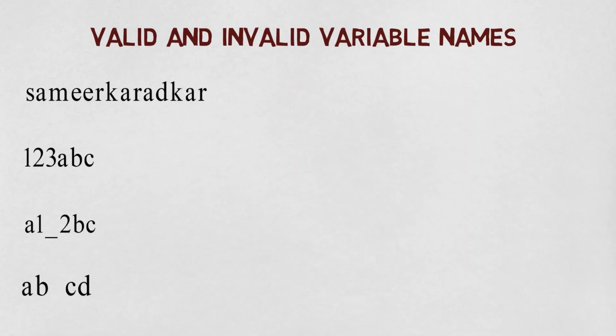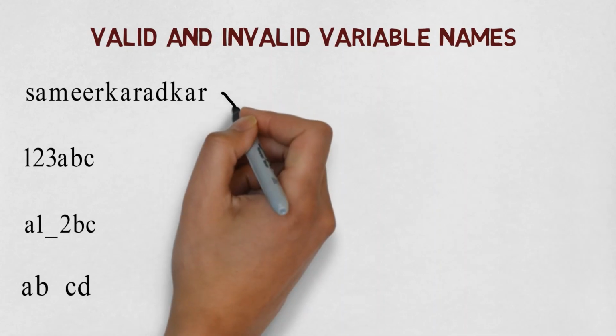For that, you will have to recall the rules of variable names that we had seen earlier. The ones which follow the guidelines will be allowed, and the ones which don't will be invalid. Pause the video if you want more time, but I think by now you must have been able to understand which are those. So let us tick the ones which are valid.